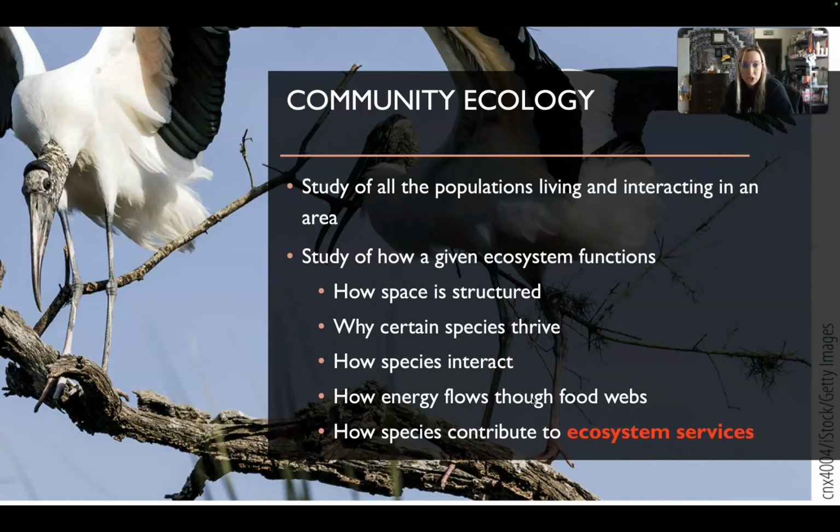So community ecology is defined as the study of all populations that are living and interacting in an area. It's also the study of how a given ecosystem functions. They generally will look at these 5 questions here, and they will look at how the space is structured, why certain species thrive over other species, how different species interact with each other, and also how energy flows